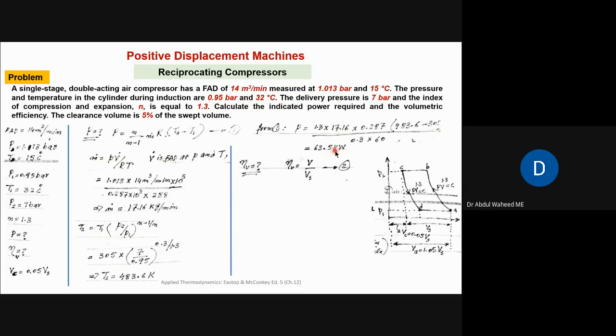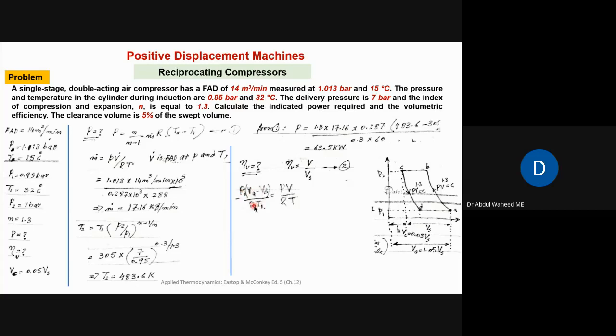Second, we need to calculate the volumetric efficiency. So here is the general formula of volumetric efficiency, V over Vs, where this V is based on free air conditions, because the inlet conditions during induction are different from the standard inlet conditions. Standard means free air conditions. So swept volume is clear. Swept volume is this volume, that is fixed. Now what is this V? We have to calculate this V corresponding to this P and T. And actual is